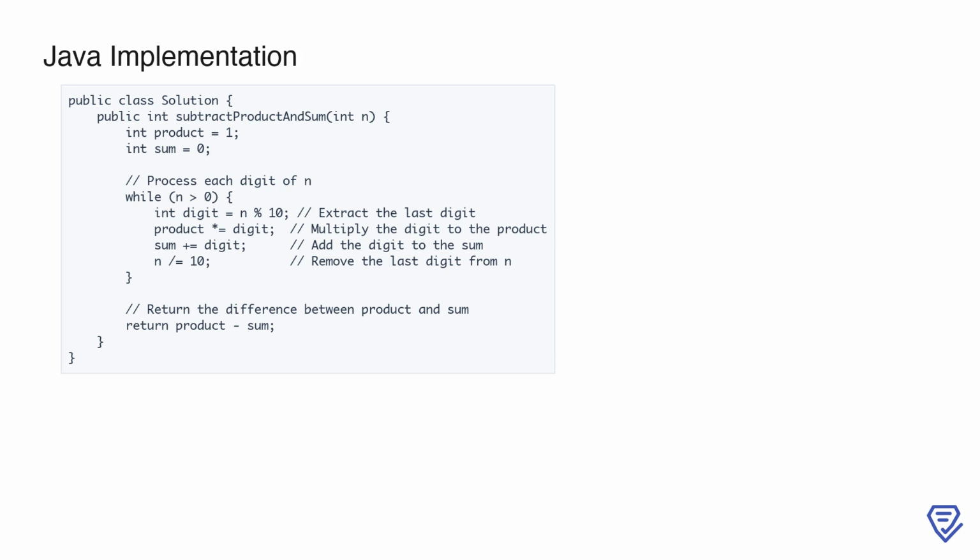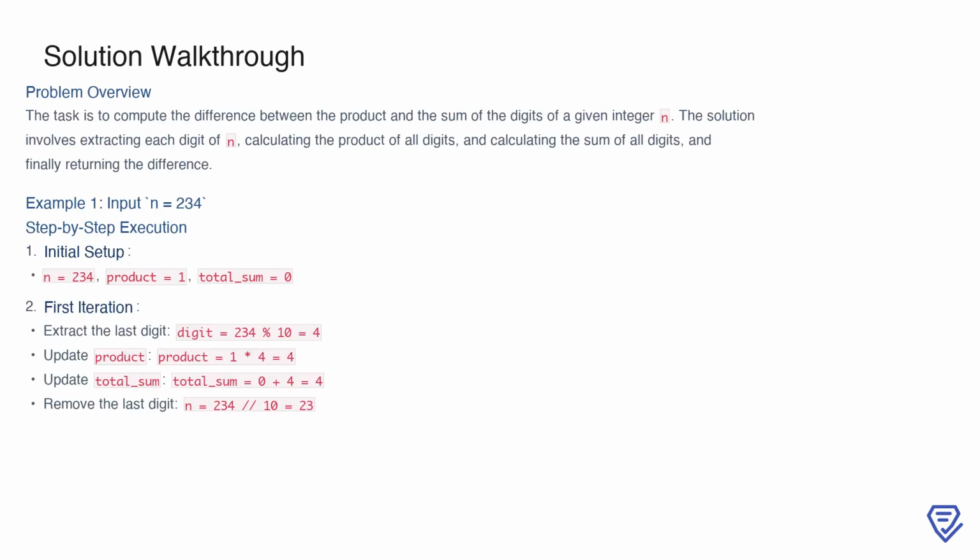Key differences in the Java implementation include explicit type declarations for variables and the use of Java's int type for numeric operations. To solve this problem, we need to calculate the difference between the product and the sum of the digits of an integer n. This involves three main steps: extracting each digit, computing the product of all the digits, and computing the sum of all the digits. Once we have these two values, we simply subtract the sum from the product to obtain the